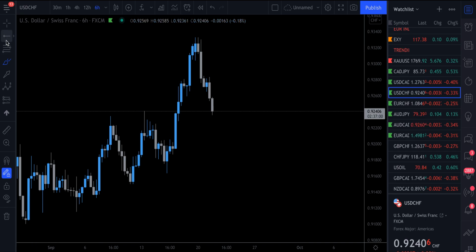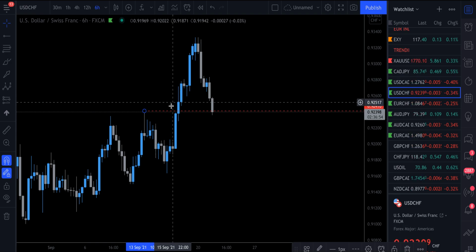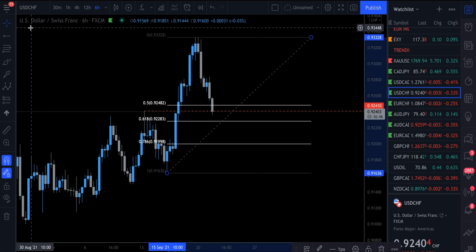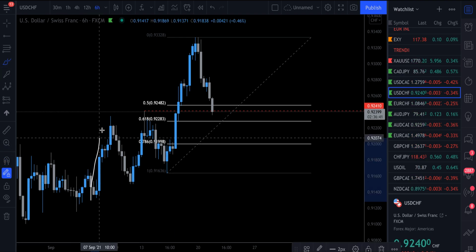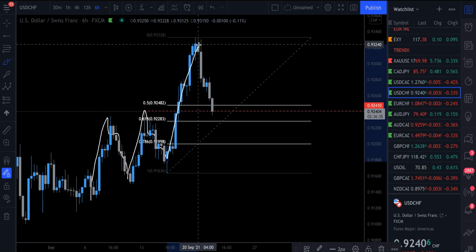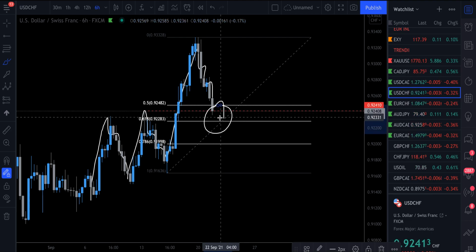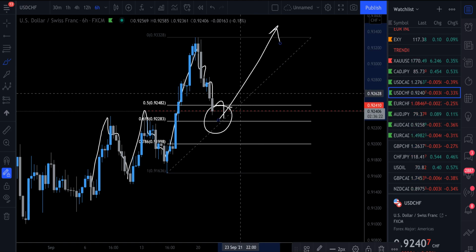Similarly, on USDCHF, let's just take a look here. So this is our breakout here, breakout high, which we are currently retesting. You can see that we are buy bias on this pair because we have an impulse, correction, impulse, correction, impulse. So after an impulsive move to the upside, we want to see a correction, which is currently what we're getting. So in and around this area, if we see structure shifts, if we see confirmations, then we can look to take USDCHF long off